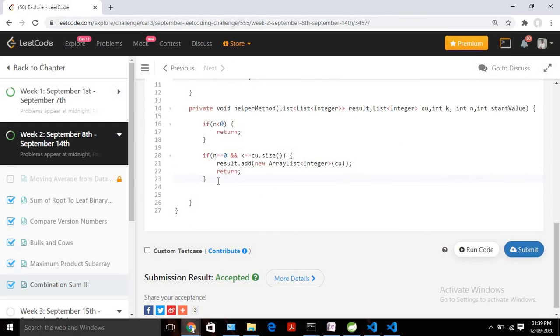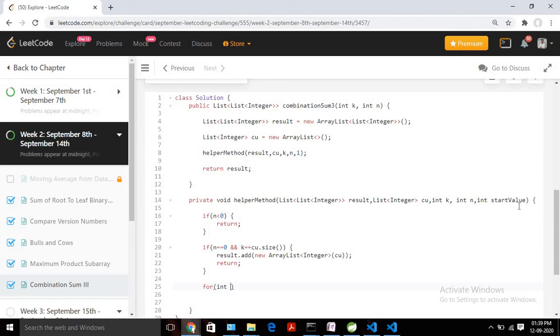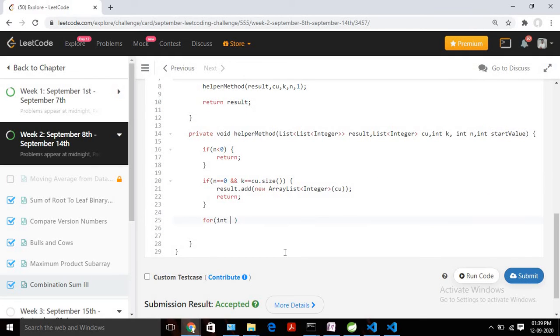Now let's write the actual for loop implementation where we are going to calculate all the possible combinations, right? So for that I need to take one for loop, int, and from where should I start? So we are passing the start value, right? Initially we will start from 1, then suppose if I already picked 1, then I will start from 2 only, right? So initially int i should be equal to the start value. Initially it will be 1 since we are passing 1, right? And we need to run it till 9. So i should be less than 10, and we are going to increment i in each iteration, okay?